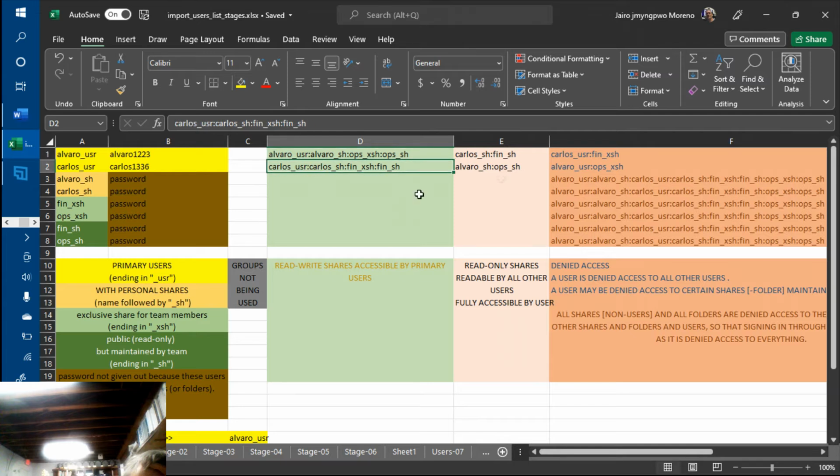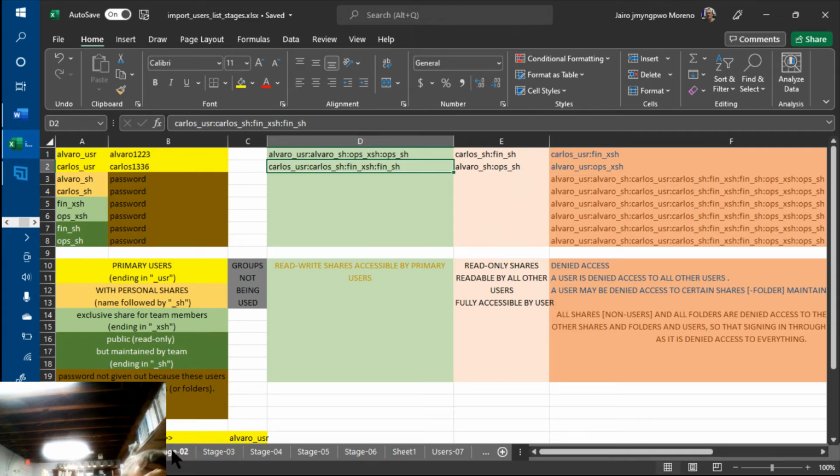Those are the ones in yellow in the top with the password highlighted. The ones that say password for the password are not going to be handed out. And besides, if somebody signs in that way, there's nothing to see because the information has been blocked. So it's a useless user